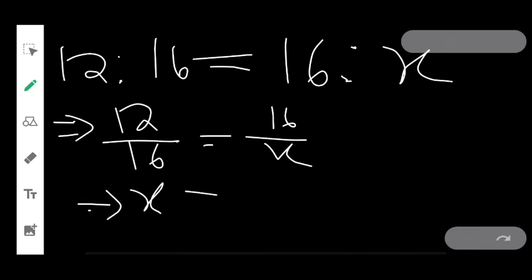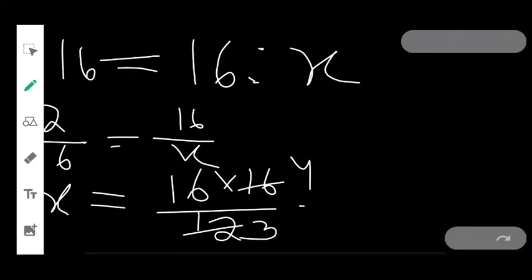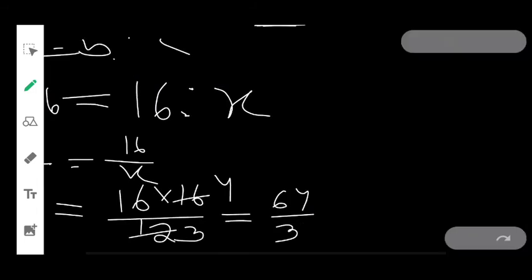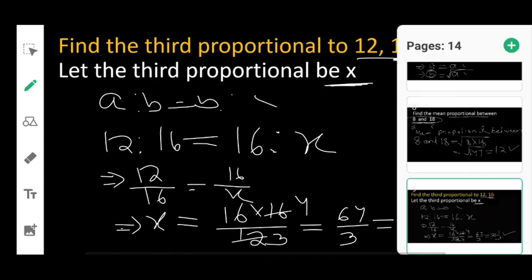So X equals 16 into 16 by 12. So 4 fours are 16, 4 threes are 12. So this will be 64 by 3, and 64 by 3 equals 21 whole 1 by 3. That is the answer. This is the third proportional to 12 and 16. Clear? Next question: